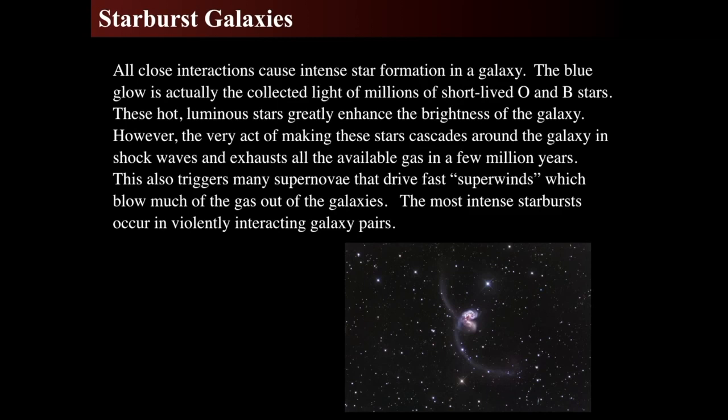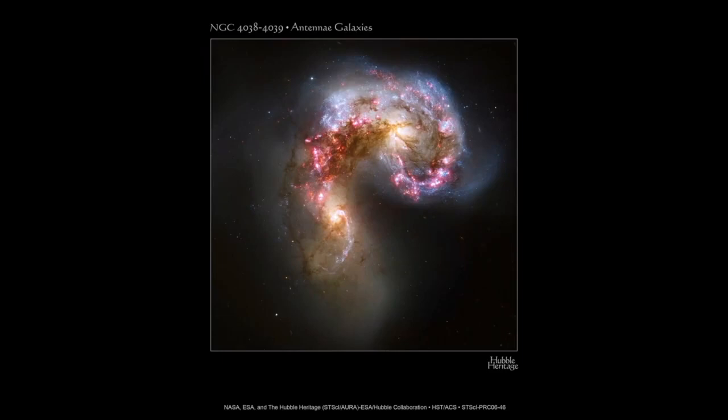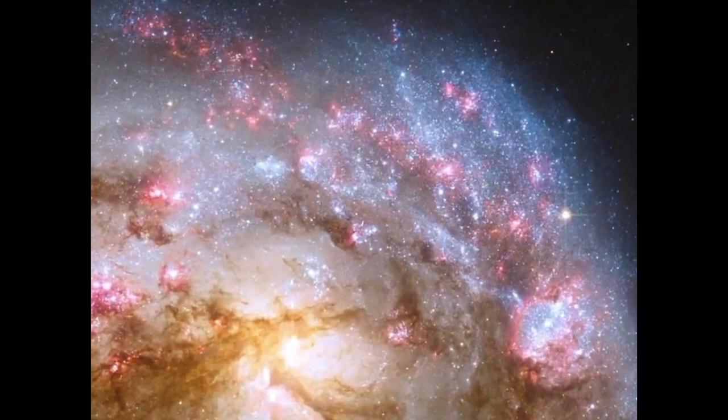So effectively, they wipe out all of the gas that's left in there, and the supernovae that are triggered by these O and B stars within a few million years create enormous winds that blow the gas and dust out of the galaxies. And so intense star formation also comes with enormous winds. And this is the antennae, which are a very fast interacting galaxy group. And the core of the antennae shows a vigorous star formation. We can zoom in on this Hubble image and see huge scads of blue-type stars,